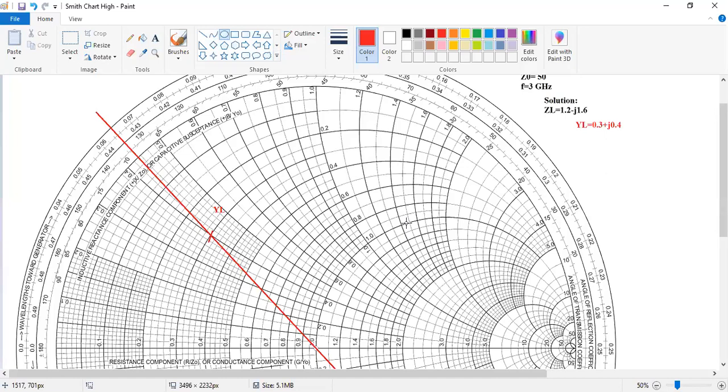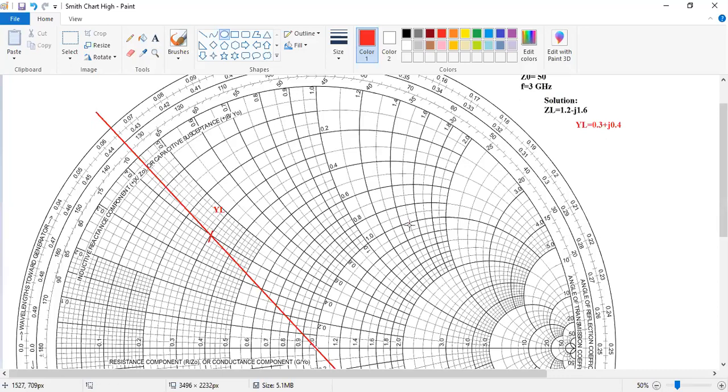It will be 1.47 ideally. Practically how much did you get? This is 1.4. It will be on this circle, that is the 1 plus jx circle. This passing through 1, this circle, and it will be 1 point. So this is 1, this is 1.2, this is 1.4, this is 1.5. So it will be in between 1.4 and 1.5, approaching 1.5. So it is on this circle and approaching 1.5. So I am getting around 1.47.